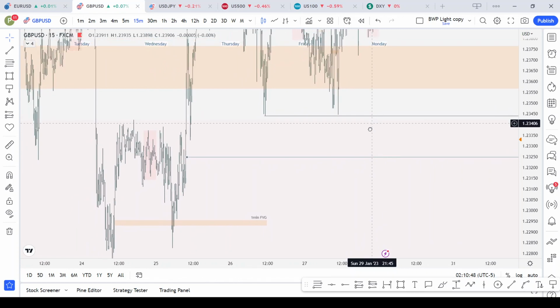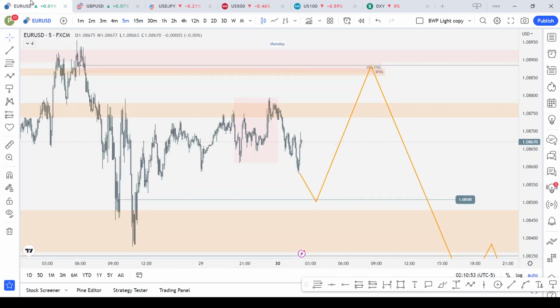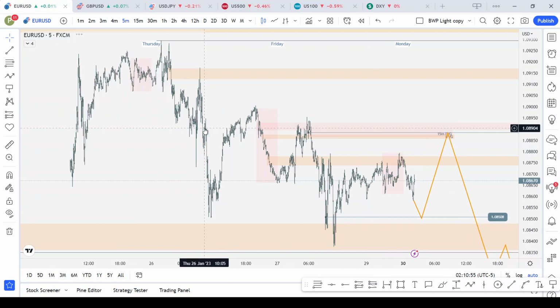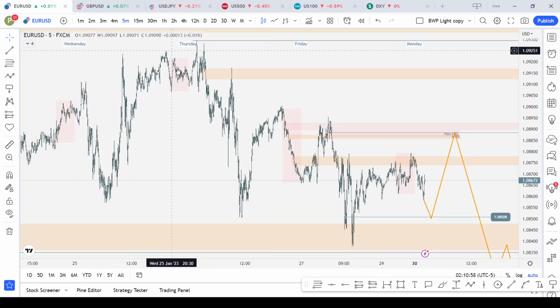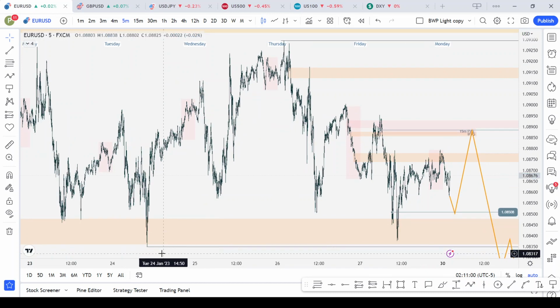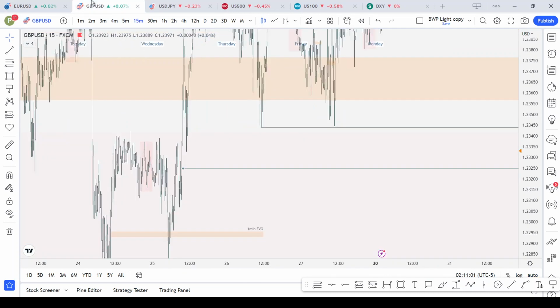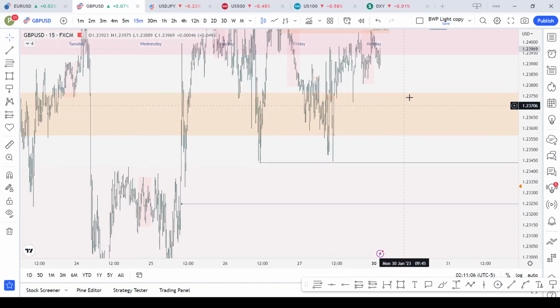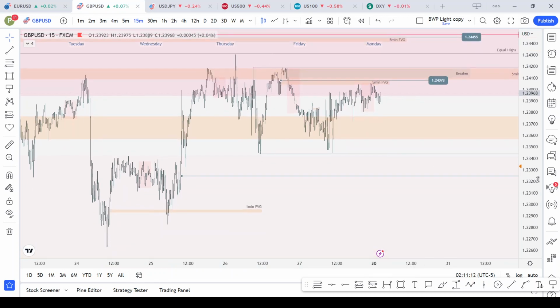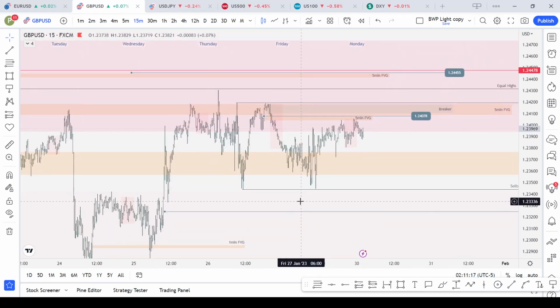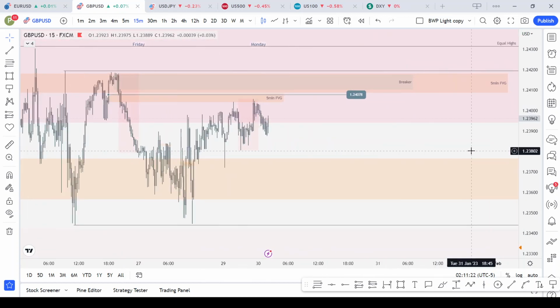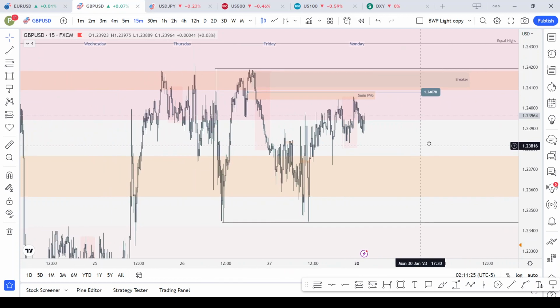This is Wednesday's low. Let me check EU. This is Wednesday's low. We want Wednesday's low to be taken here, while on EU, we want Wednesday's low to remain intact. Okay, so that will also be an SMT divergence. So looking to see if